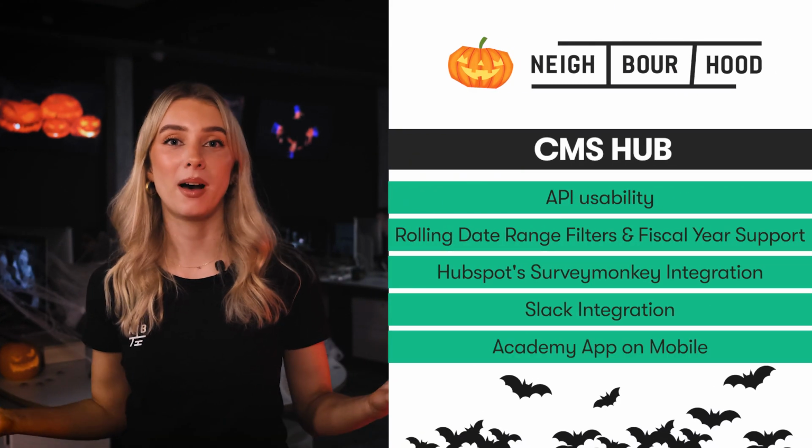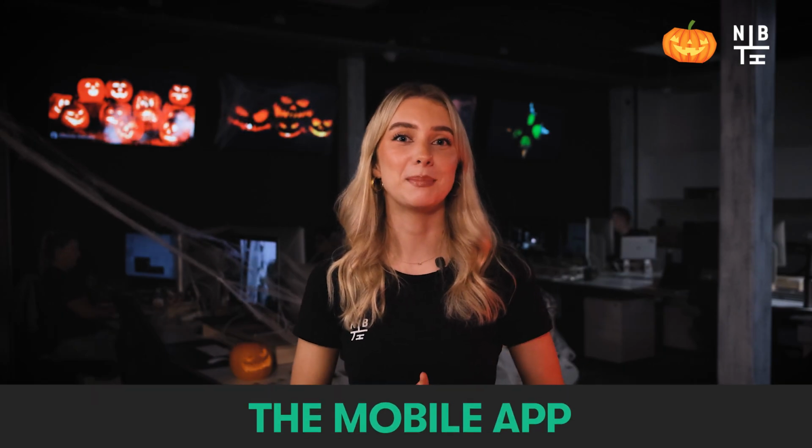Last up, for all that's live and kicking through the cobwebs, HubSpot has introduced the Academy app on mobile, meaning that you can learn on the go. Review lessons, watch videos, and download coursework right from the palm of your hands. People aren't glued to their desks anymore. They learn at their own convenience, wherever that may be. The mobile app is a perfect solution to these in-between moments.